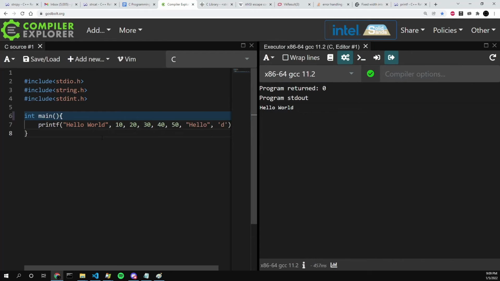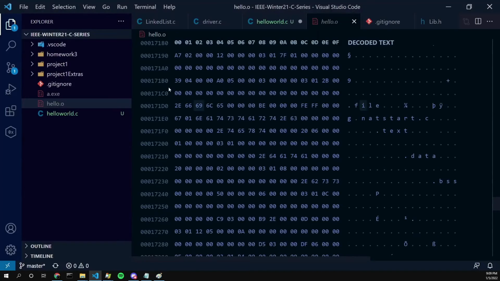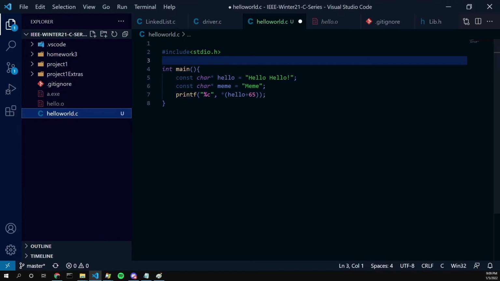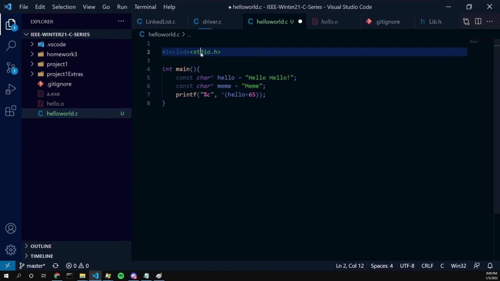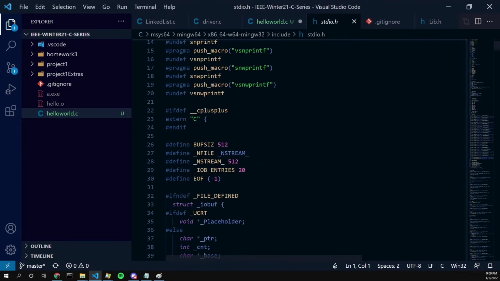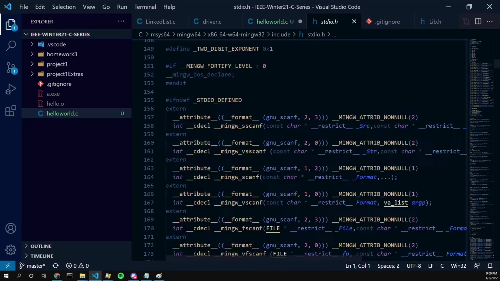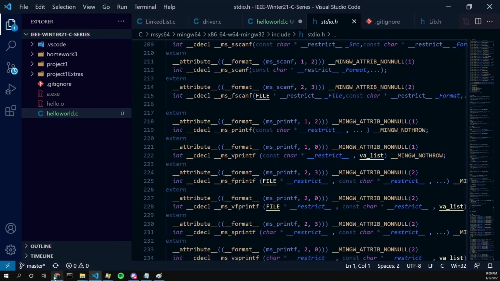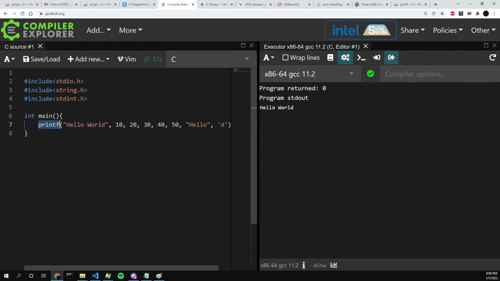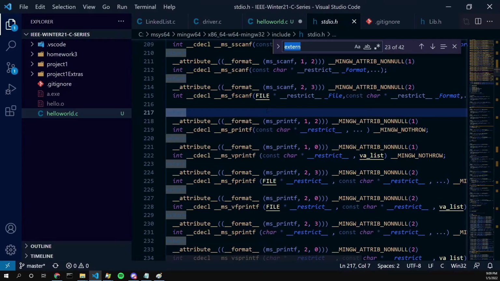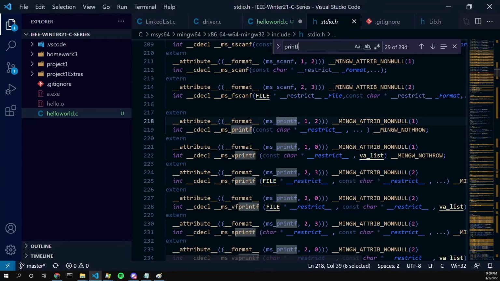I actually can't show it in the assembly. We're going to jump into the stdio.h source header here because that is what is going to have what we want. So I'm going to control click on stdio.h and see if you can guess what the function signature is for printf, because obviously every function needs some signature, right? That says what types of parameters it expects and what it's going to return. So we have to actually think about now what is printf,